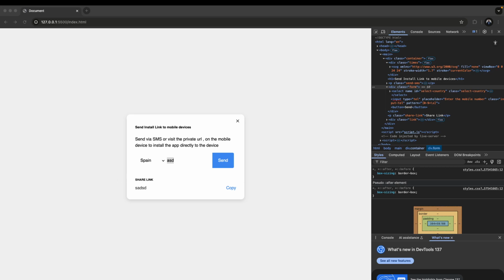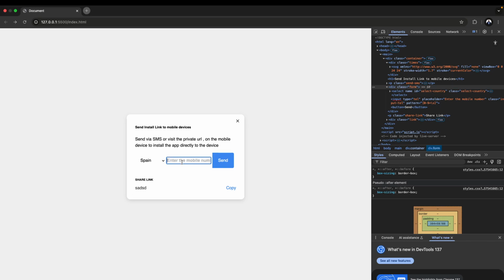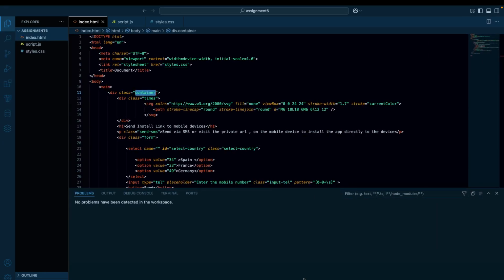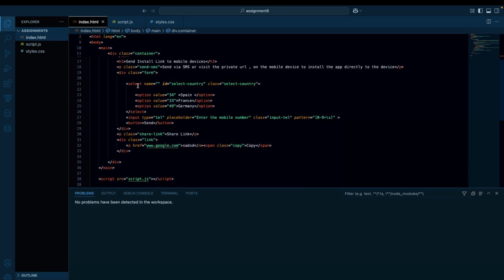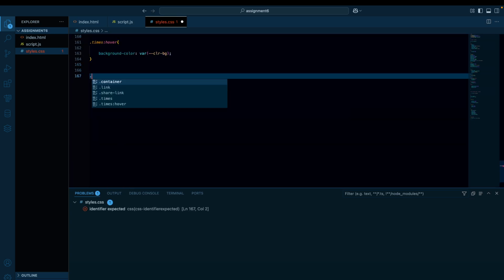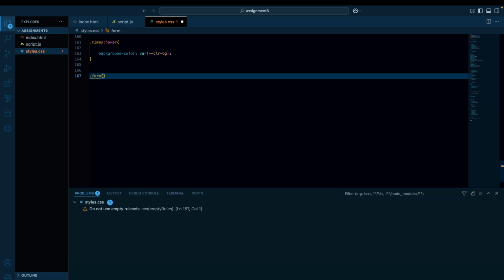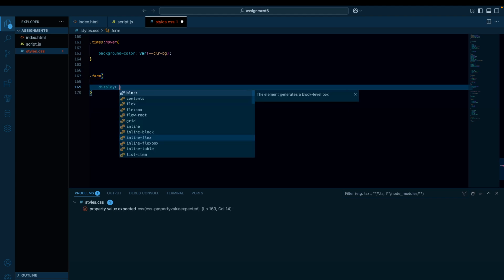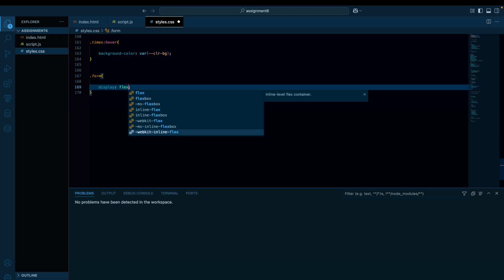I don't see any need to make it flex. These are three separate containers, right? So you come back on the form thing, you apply the flex. Then you do